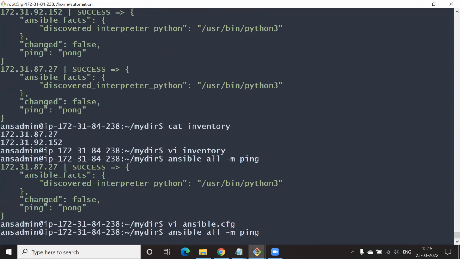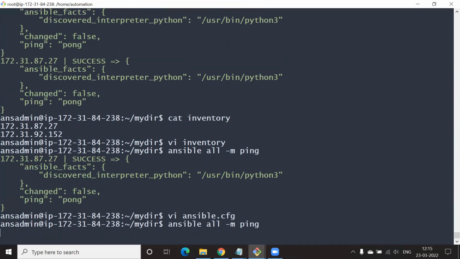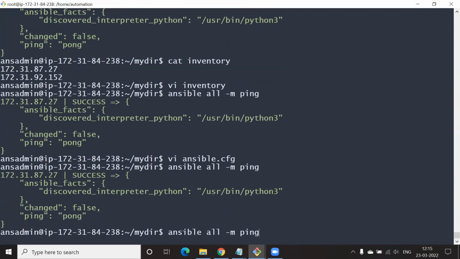Now what you do, say Ansible all hyphen. Okay, now wait. At the end, no, keep it here. Put the -m ping, space -i, space inventory, which is the name of our file. Now run it.